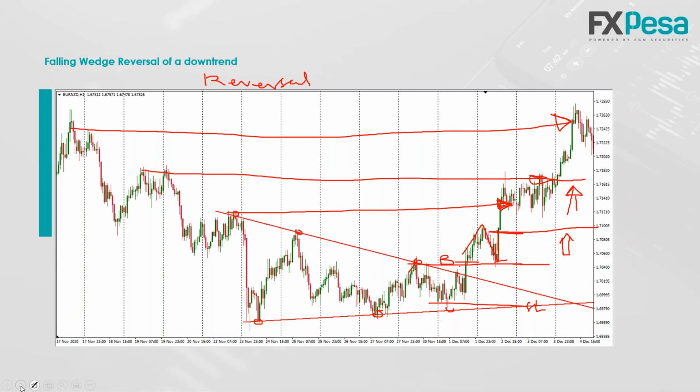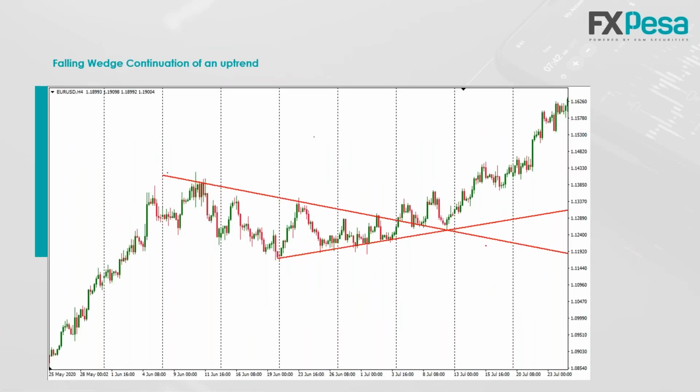That's one setup for the falling wedge reversal trade. Check out here, a falling wedge continuation uptrend. Still identify resistance levels. You have a downtrend, then make sure that you have a trend line on the support level such that the trend line on the upper side is steeper, more inclined, as compared to the other one. Wait out for a breakout. Okay, after the breakout,